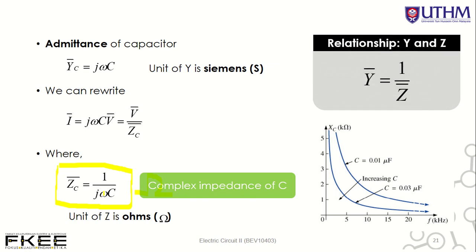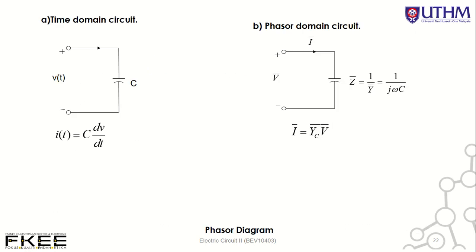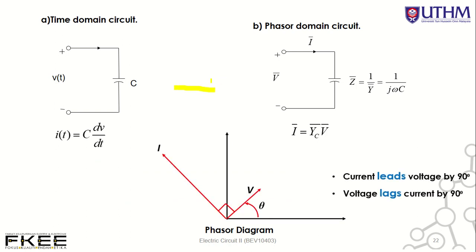So what is the relationship between Y and Z? From this analysis, we can conclude that Y equal to 1 over Z. Admittance equal to 1 over impedance. So we can conclude for the C circuit. From time domain, you can transform to the phasor domain, and for C you can calculate ZC equal to 1 over Y